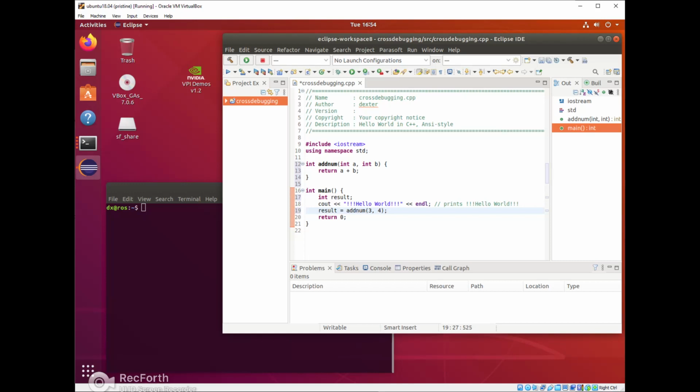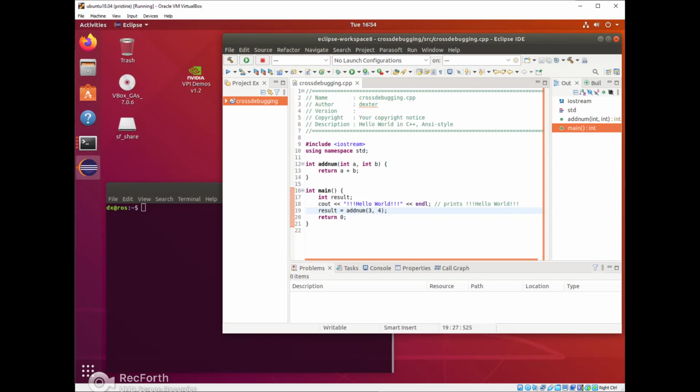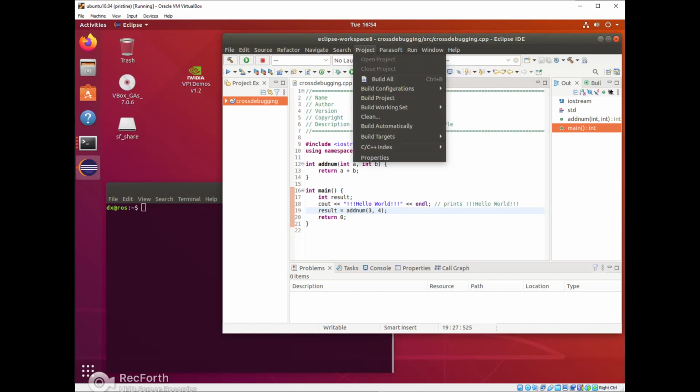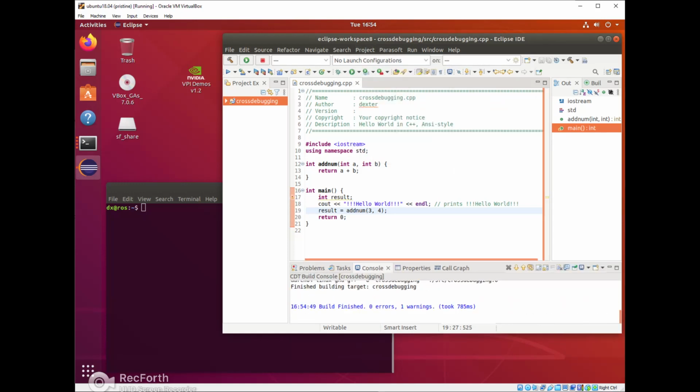A very, very small program, but again, the intention here is how to set up the infrastructure to do debugging, cross debugging specifically. Save. So let's try to first build this project, build project,